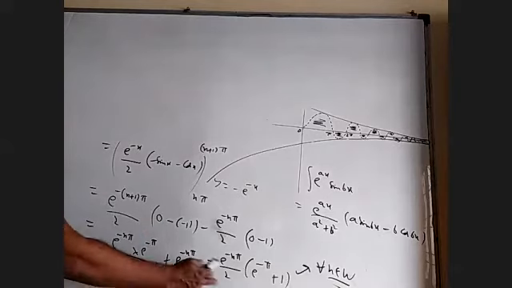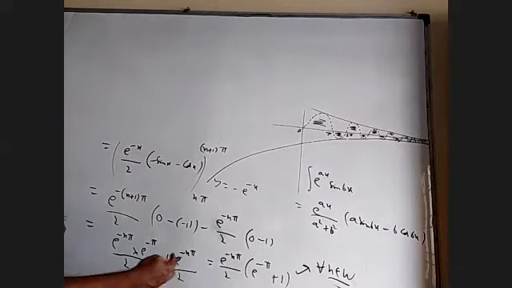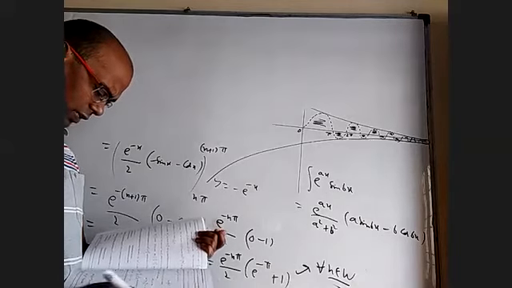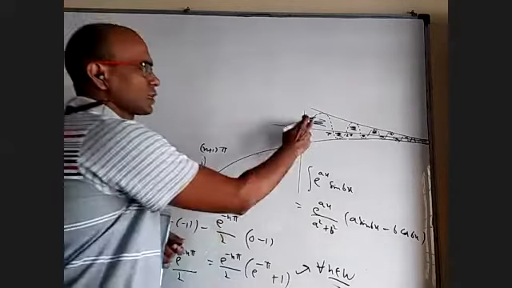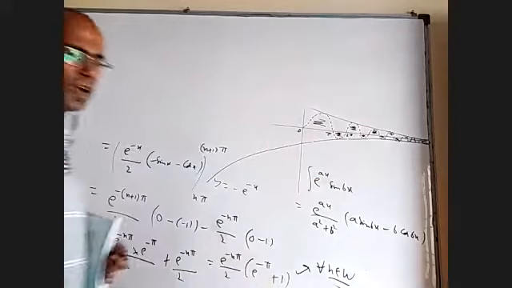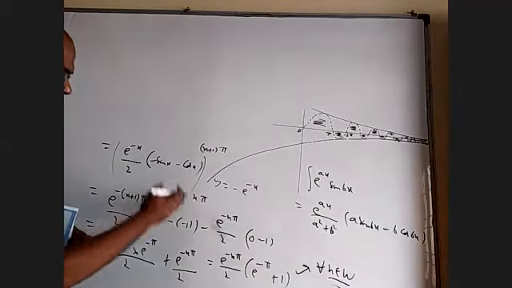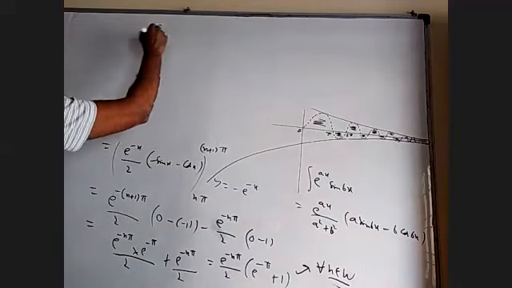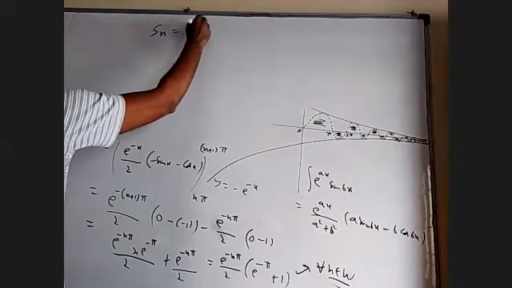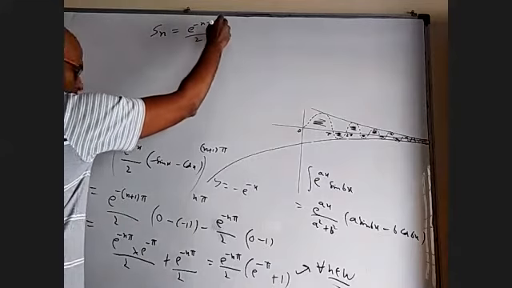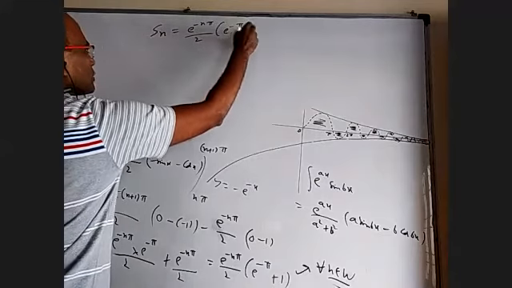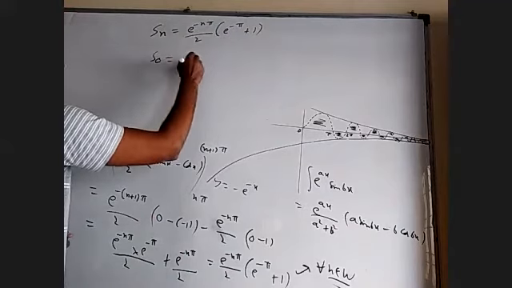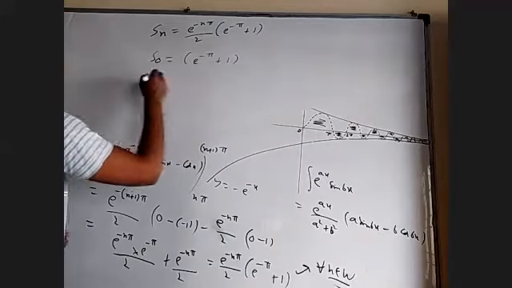Okay, so right here, everything is covered. They defined the areas as S0, S1, S2, S3. In fact, what we found is Sn, because we started from n pi to (n+1) pi, that is Sn only. So we got Sn equal to e power minus n pi by 2 into e power minus pi plus 1. For S0, this will not be there, so only e power minus pi plus 1.